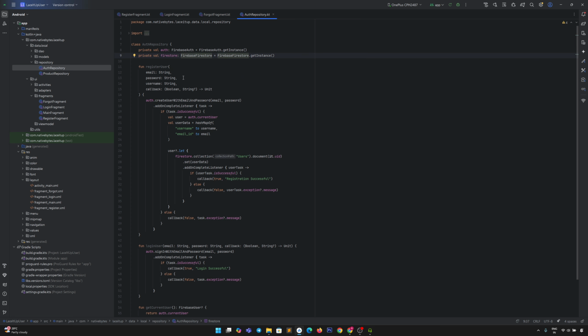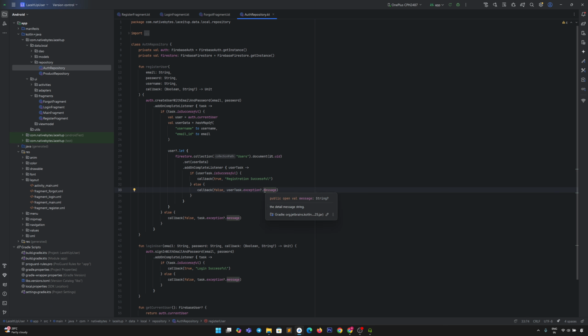Once the user registration is successful, it will save the username and email in the Firestore collection called users. If it fails, then we get the exception which is provided by Firebase itself.